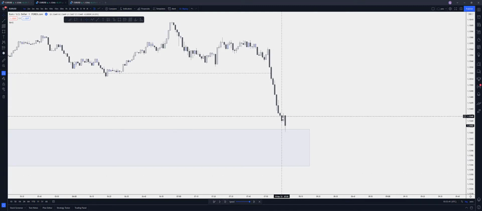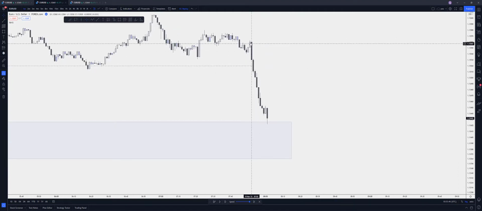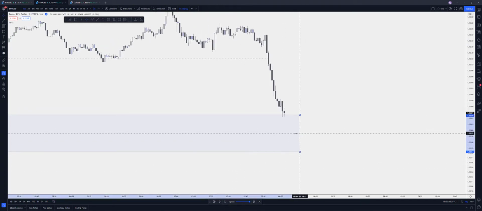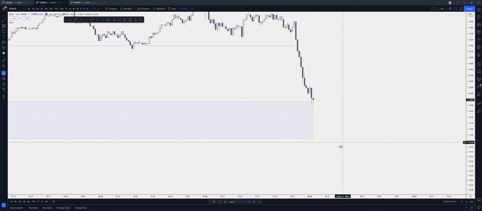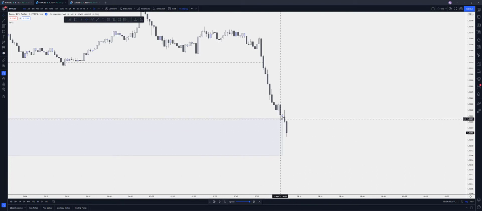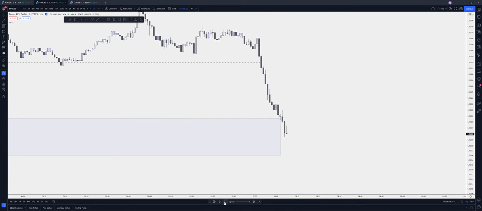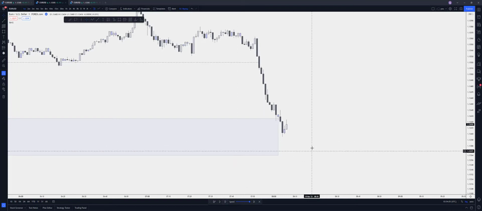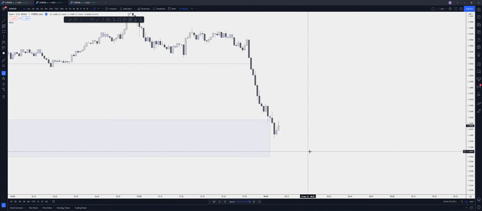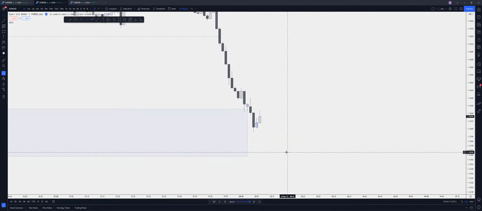Okay, so price did pause here but did not close above this candle, so still looking at this entire leg. And it has also tapped into this demand, so let's see if anything comes of that. Nothing as of yet. Had a little reaction here, but again, nothing really happened. Now this one has closed above this candle. Okay, so let's see if we get another push down and break this low,